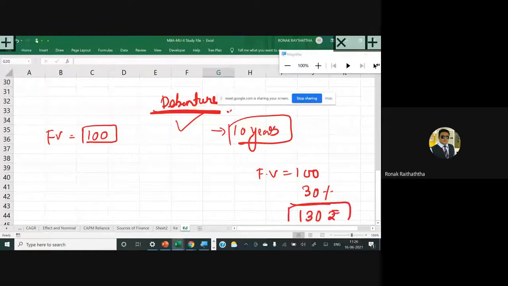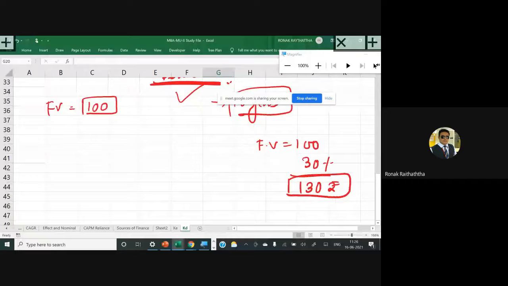So it is not just about the interest rate on debenture, which is a cost for a company. There may be some other costs as well for the company. Try to understand that. That's the point I'm trying to make. It's not just the interest rate which is a cost for the company. Yes, debentures carry a specific interest rate, understood. But over and above, the company incurs some other expenses too.